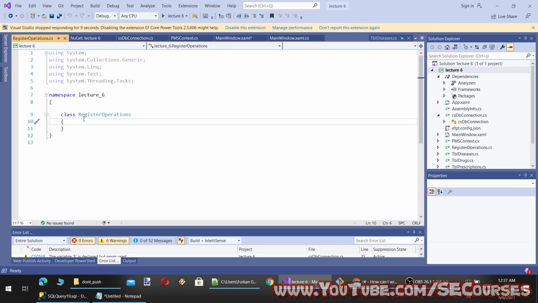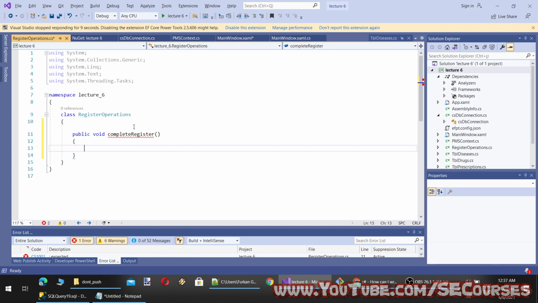So register will call a register here. So public void CompleteRegister, and this method will be called.